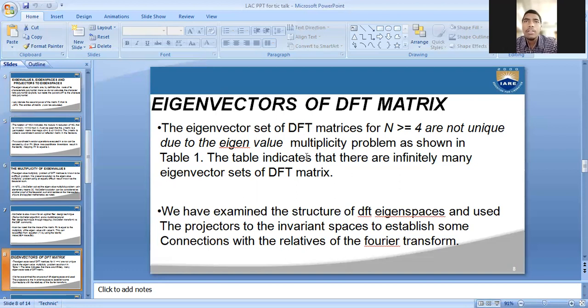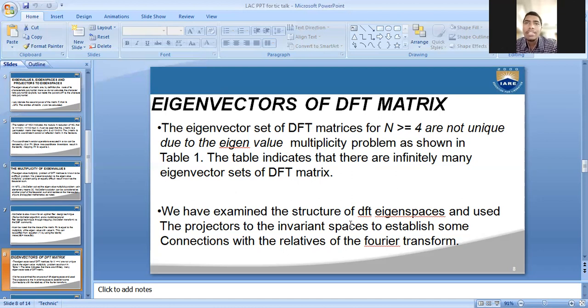Due to the eigenvalue multiplicity problem, as shown in Table 1, the table indicates that there are infinitely many eigenvector sets of the DFT matrix. Means, as I said, eigenvectors come from eigenvalues and the eigenvalue multiplicity problem. We have